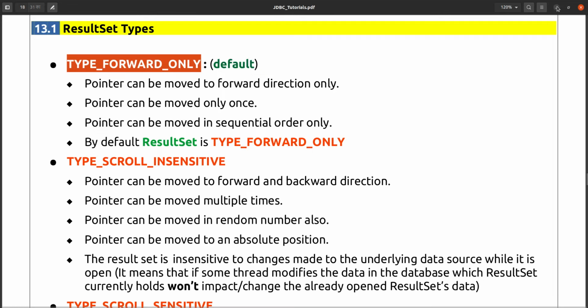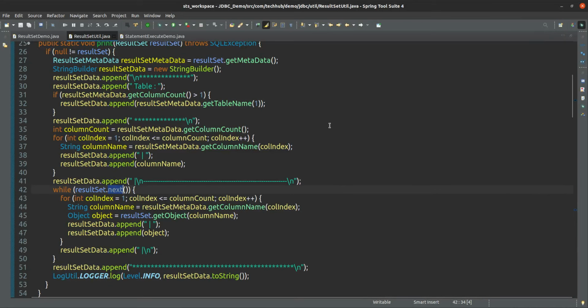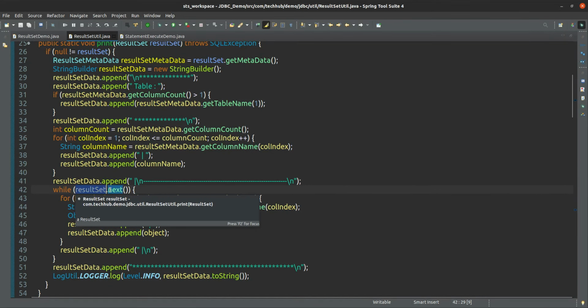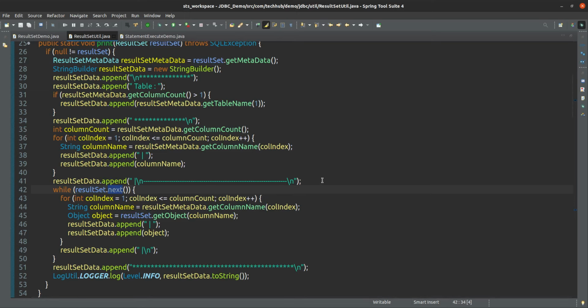Type forward only means you can always go only to the forward position. So we are just calling next, which moves forward by one position.